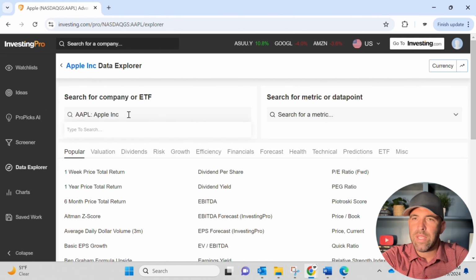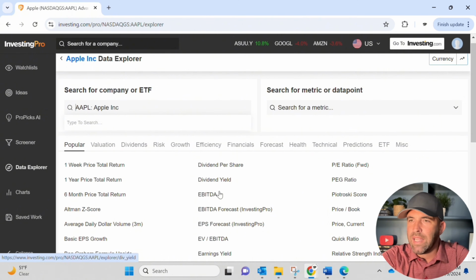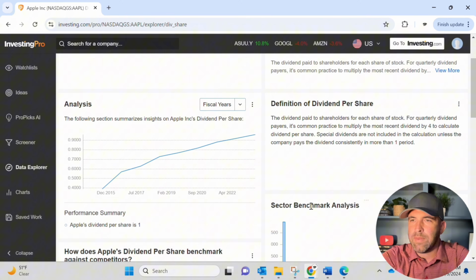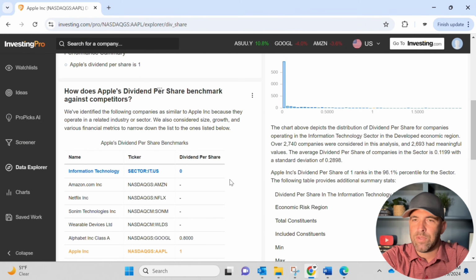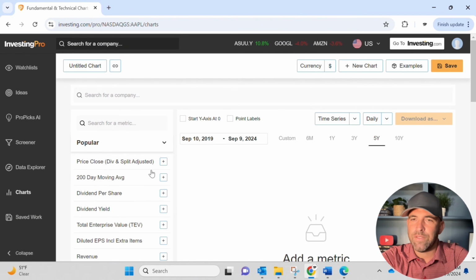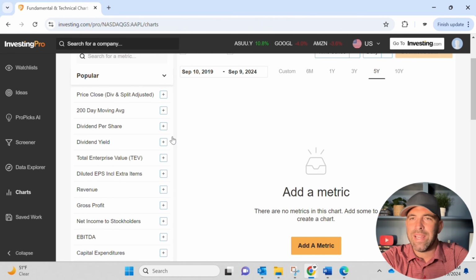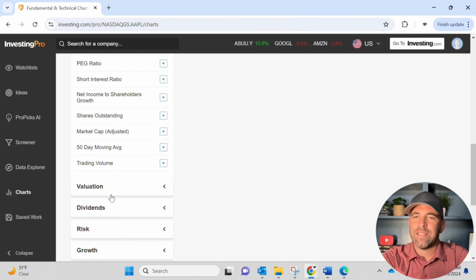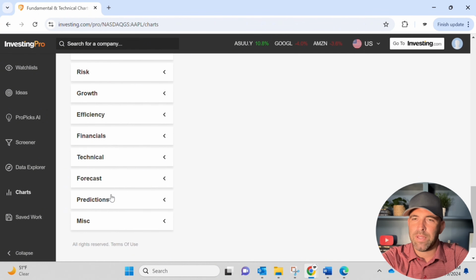So for here, we could put in, like it's already mentioned, Apple is already in it, and it's just going to give you a breakdown. I can go to dividends per share, and it's going to give me the breakdown of the dividends per share for Apple and a ton of other information. Like I said, if you are a nerd and you want to break down charts, very intricate charts here, you can do that. Like I said, I'm not going to go ahead and do that too much, but